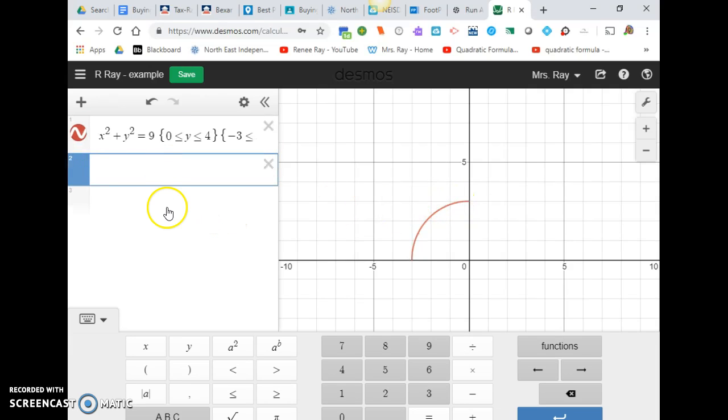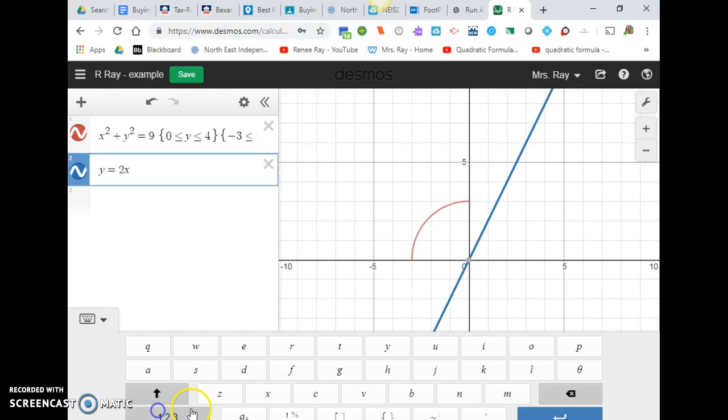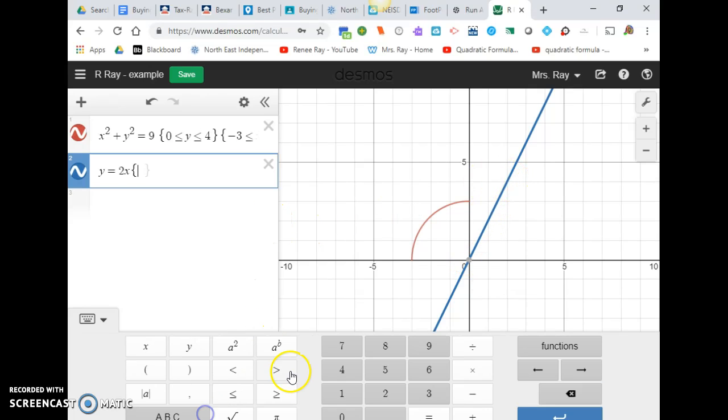If you put this in backwards, let's say we're going to do a line through there, and we're going to just say y equals 2x. All right? We can do our braces, but if I don't put them in order, let's say I want to go from 0 to 2. If I put it backwards, even if you use the correct symbol,